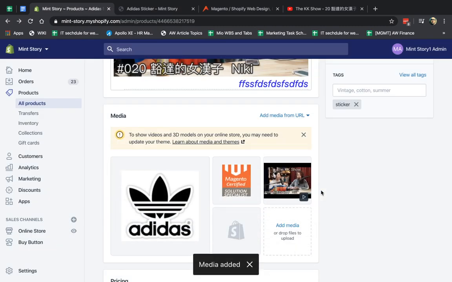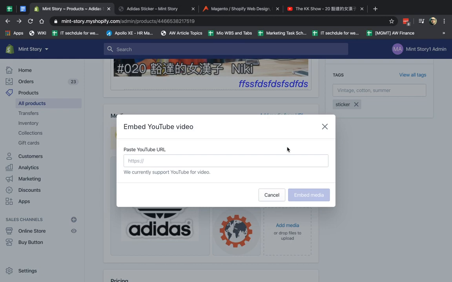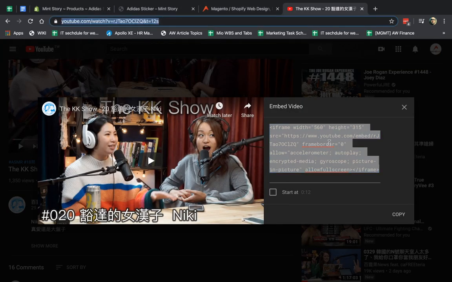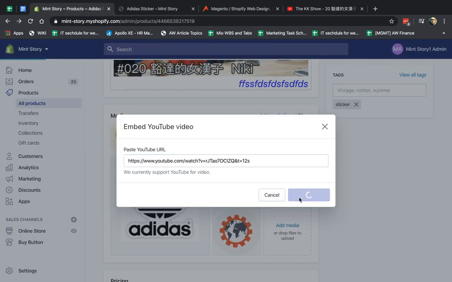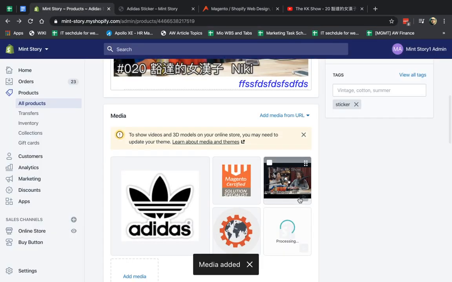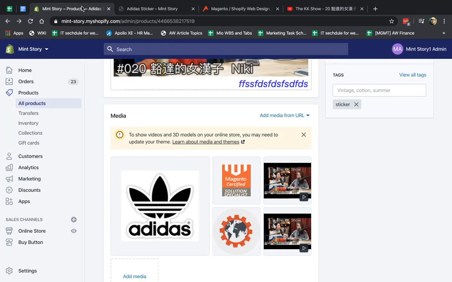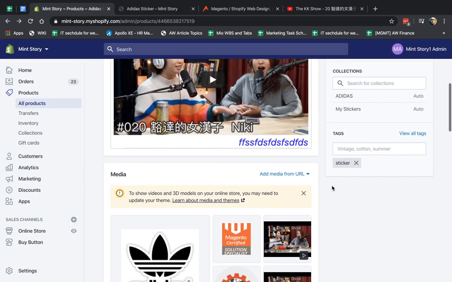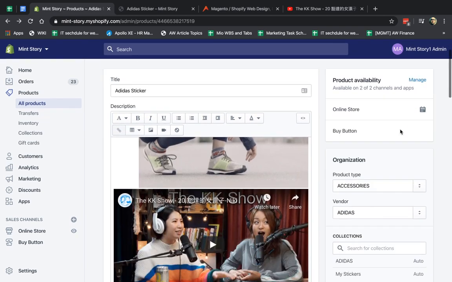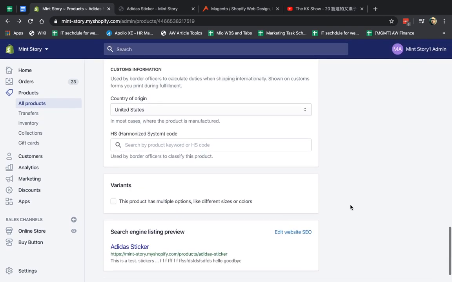Excuse me. And the last thing you can do is you can actually add a YouTube video under the product. So you can take the whole video, which is just this, not the embed part, and take the URL of the video page. You can put it in, and it'll be embedded, but your theme must support it. If your theme doesn't support that, like this theme doesn't support it, you would not have the video right here, okay? Let's see, let's save this. Okay, so let's go ahead, and it's saved automatically.